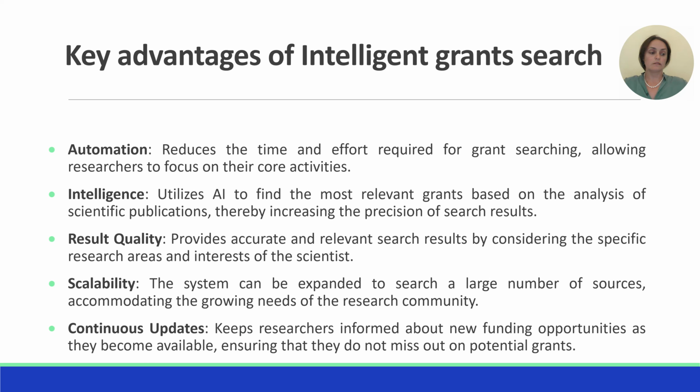Intelligent grants search offers several key advantages. Automation reduces the time and effort required for grant searching, allowing researchers to focus on their core activities. Intelligence utilizes AI to find the most relevant grants based on the analysis of scientific publications, thereby increasing the precision